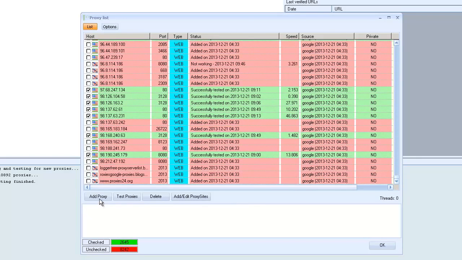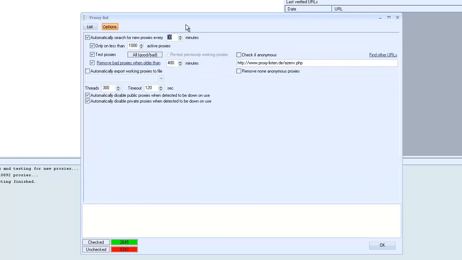As far as public proxies, GSA has a scraping system, so it will automatically keep you in an inventory of public proxies. In order to set that on, we want to check the top box here and check the second box. And so what the second box does is